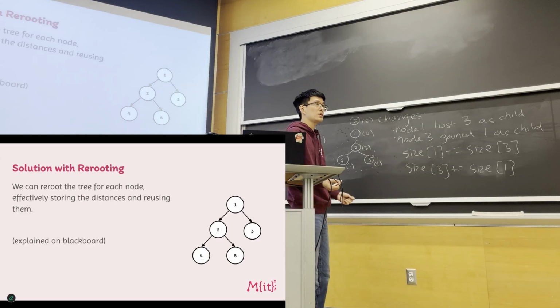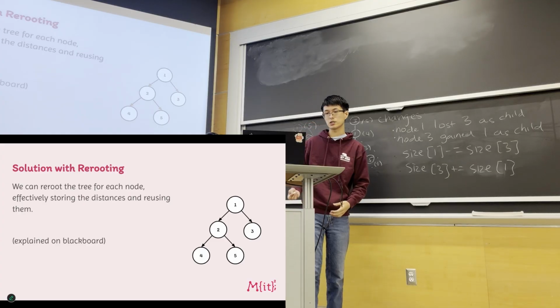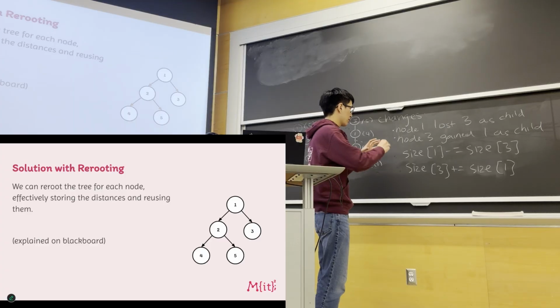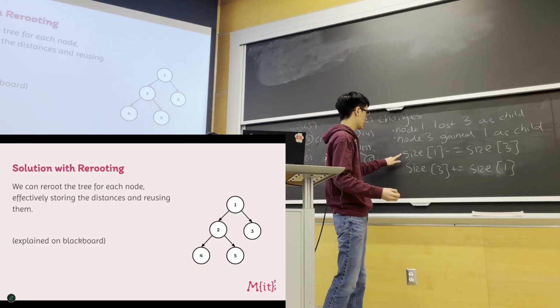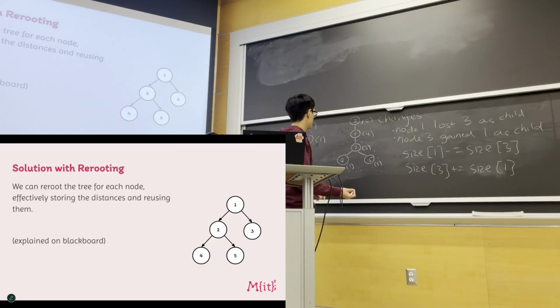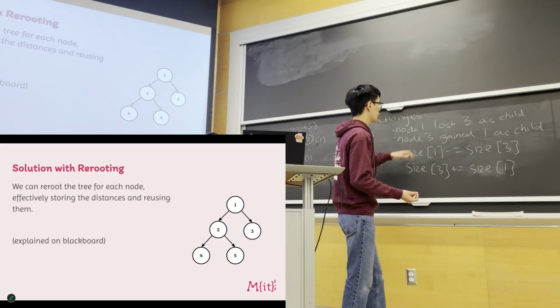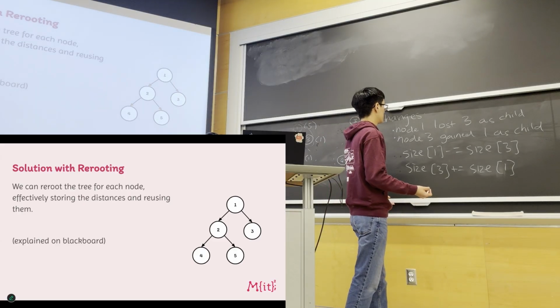So this is really useful in a case like the problem we have here, when we want to calculate something for every node. So instead of just doing size, why don't we also try calculating the same for distances? So when node 1 loses node 3 as a child,